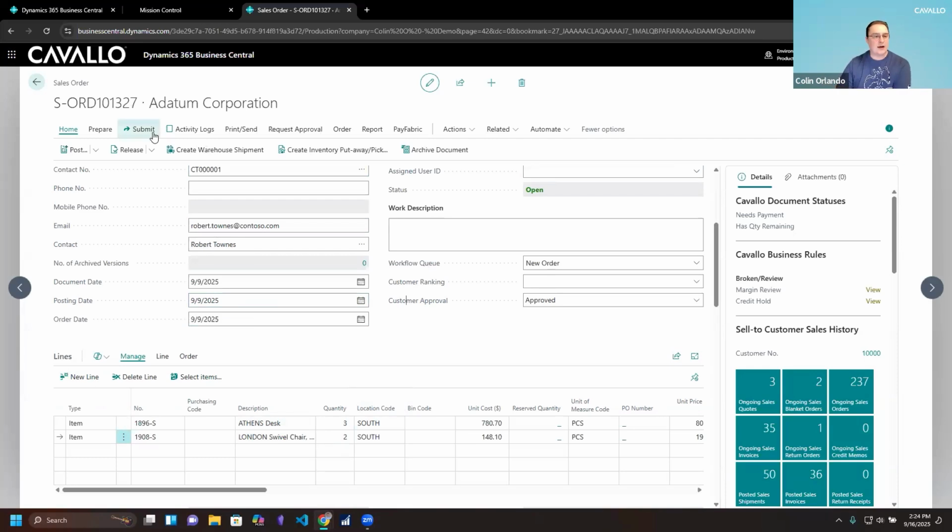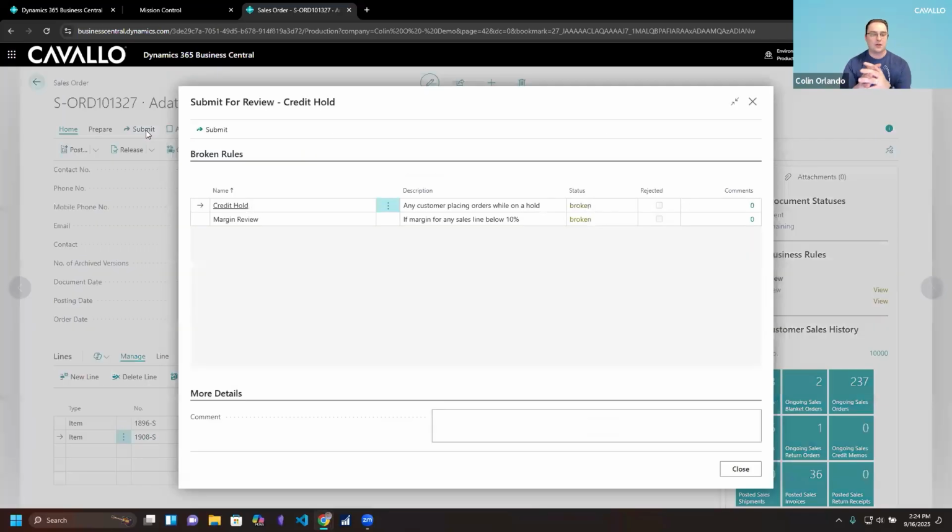And then the answer to how do we actually utilize the workflow engine? Well, that's up at the top of the screen through the submit button here. So I'll go ahead and click the submit button. And as an order taker, you'll notice here that I am getting pop-ups on my screen for reviews. Now, this means that as an order taker, I'm breaking a number of my business rules that have been set up for my organization, and I need to have a manager actually approve them. So anything that we just set up in the web app, again, super important to reiterate, we're enforcing them in Business Central without users ever knowing that the workflow engine is there. So you build the process out and the process will be followed. And it's super important from a change management aspect as well.